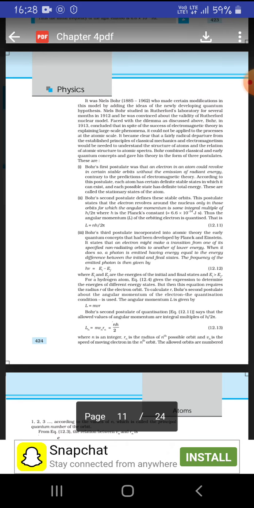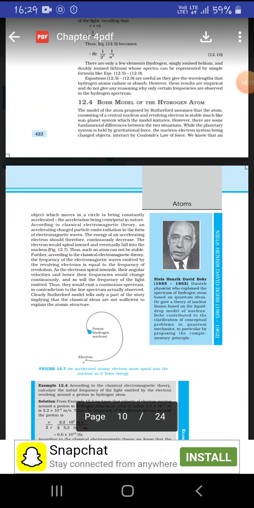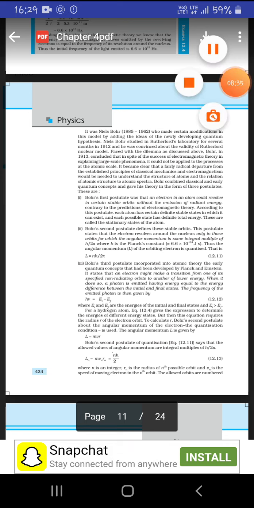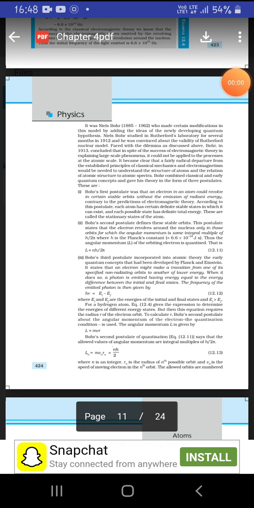Next are Niels Bohr's postulates in this atomic theory, or electromagnetic theory, you can say. What does Bohr tell about the electron, let's know. Niels Bohr studied in Rutherford's laboratory for several years. He concluded that in spite of the success of electromagnetic theory in explaining large-scale phenomena,